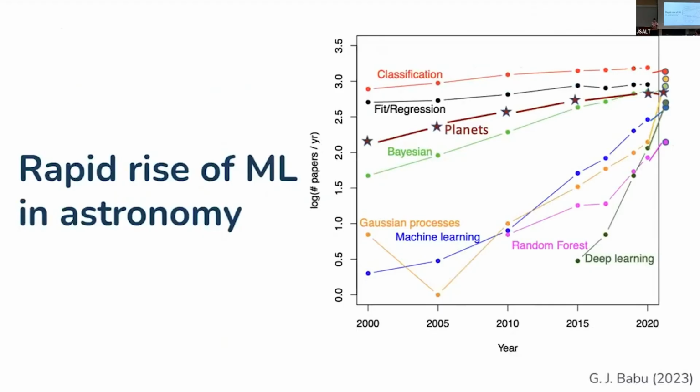Okay, I have maybe 5 or 10 minutes left, so I'm just going to quickly talk about the rapid rise of machine learning, which, as you can see, is quickly outpacing all the statistics in astronomy. This is because astronomy represents a very big data field. You can see deep learning down there, as of 2022. Deep learning is rapidly rising, and if you put AI in here, maybe it's also growing at a similar clip.